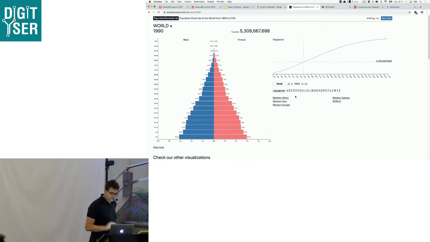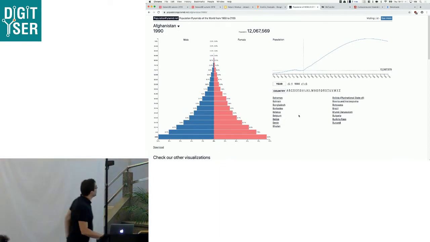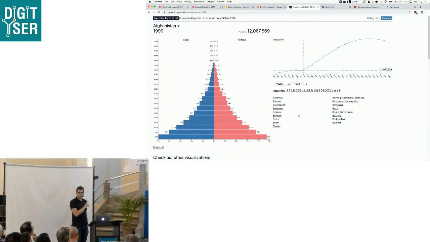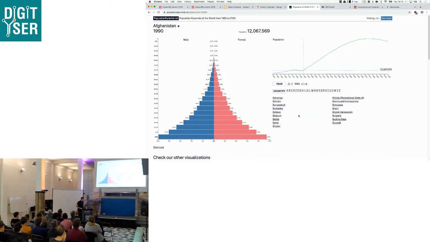I'm going to show that I have a few other things on the side. But the site also allows you to compare between the countries. So for example, in Afghanistan, people are not living very old. I'm assuming that everybody understands this kind of graph. Is it a good assumption? Yeah? Okay. So I'm not going to explain much what it is.